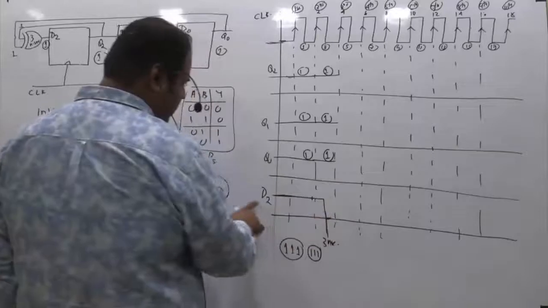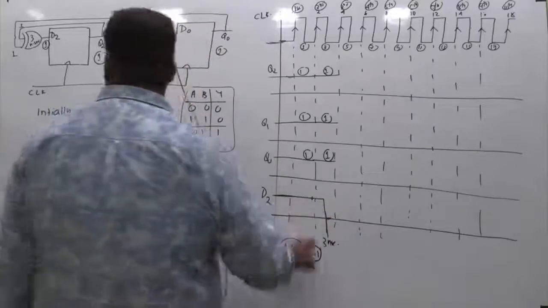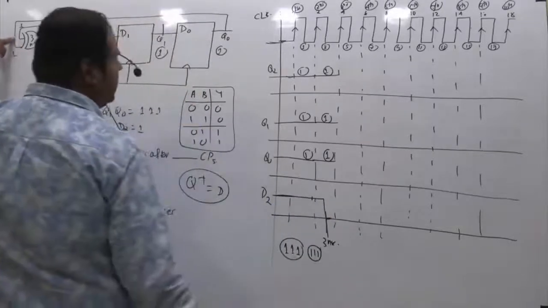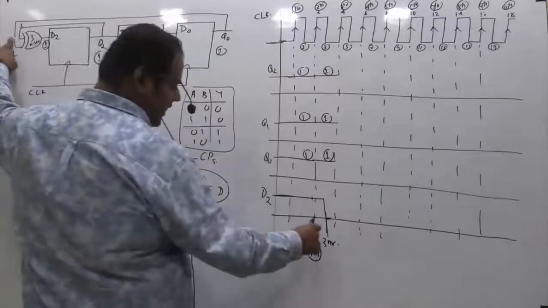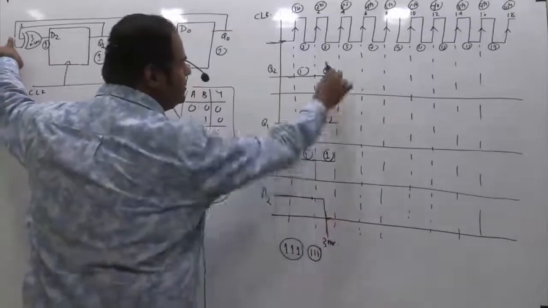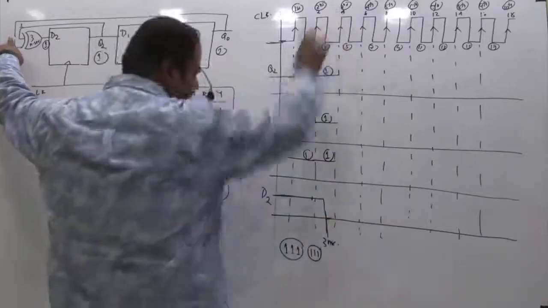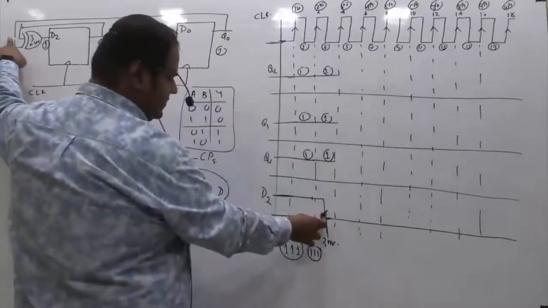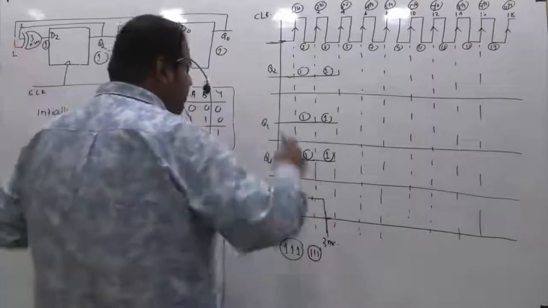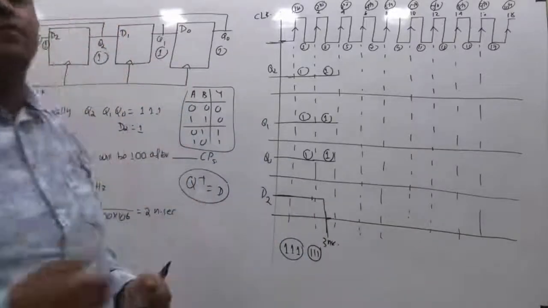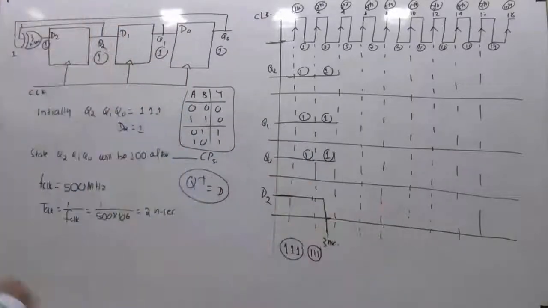Now D2 is no more 1, it will be 0, because it happened 1, 1 at t equal to 0. Now 3 nanoseconds have already passed till we go to this third clock, because the third clock is nothing but 4 nanoseconds, and at 3 nanoseconds itself this has already become 0. So now if I ask you just before the third clock pulse, what are the inputs to the flip-flops? What is your answer?